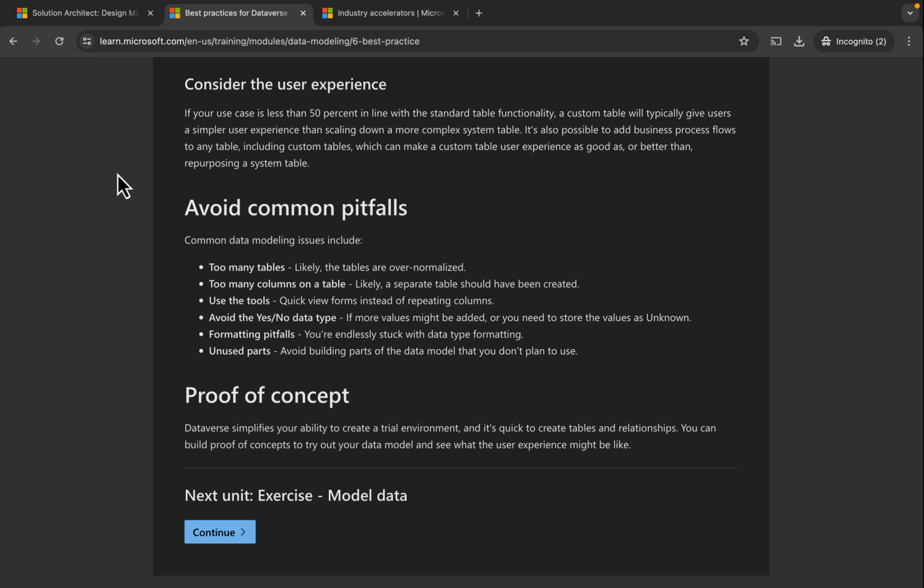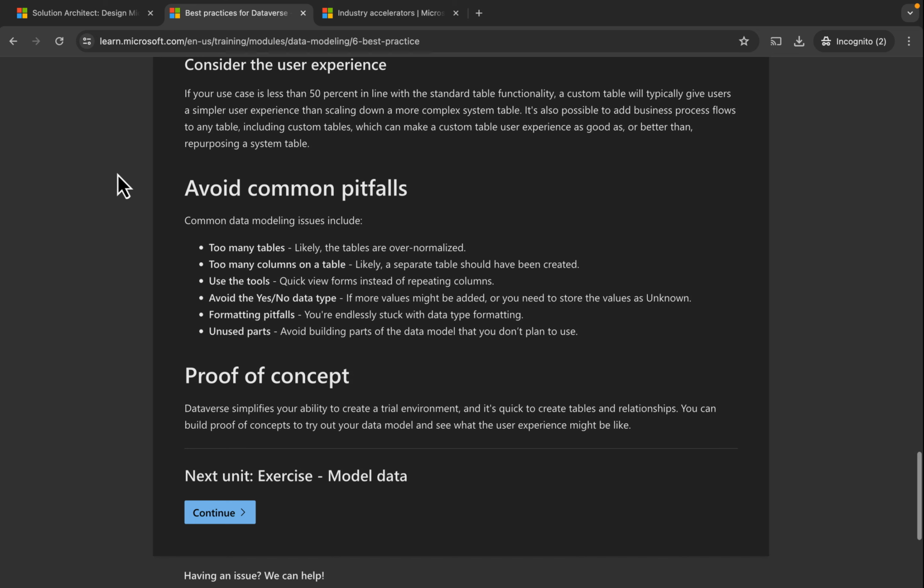If your use case is less than 50% in line with the standard table functionality, a custom table will typically give users a simpler user experience than scaling down a more complex system table. It's also possible to add business process flows to any table, including custom tables, which can make a custom table user experience as good as or better than repurposing a system table.